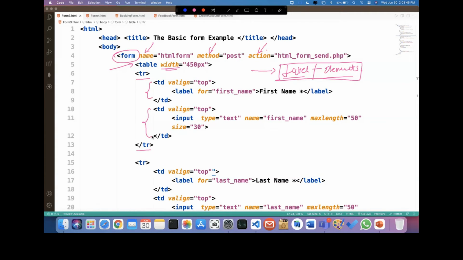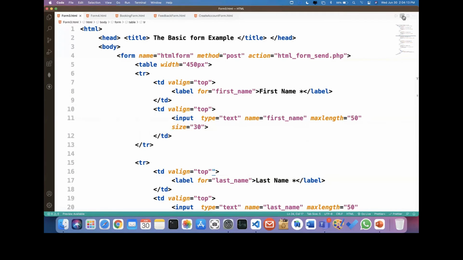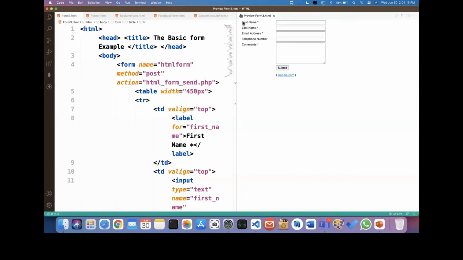In the first column I want the label, so whatever label you want to design, you define it here. In the second column I just want the input. You define the input here. The type of input is text. So our first row is ready. You can see in the output that in the first row we have this label and this input.